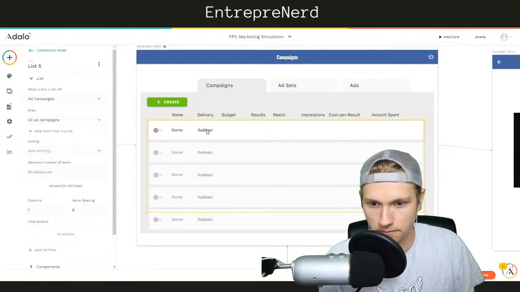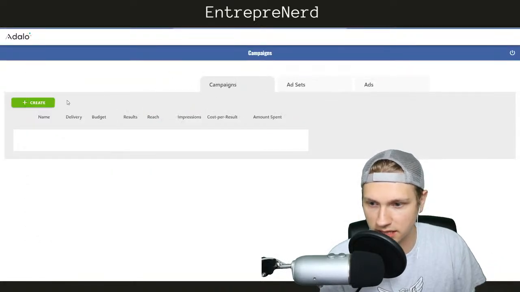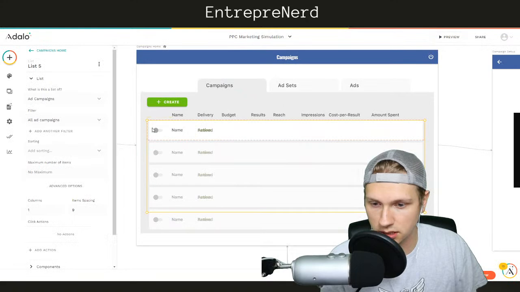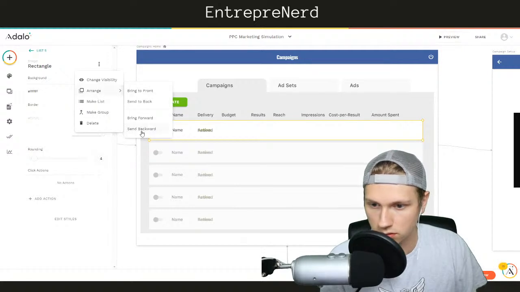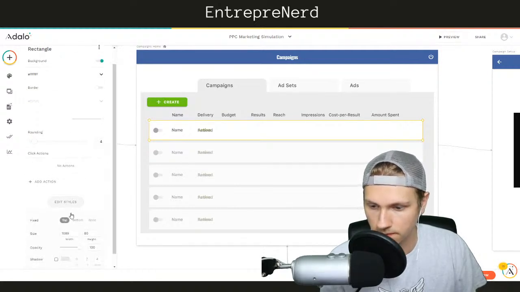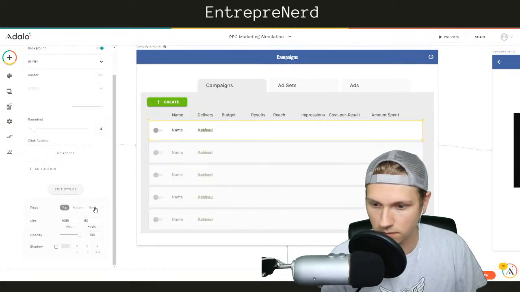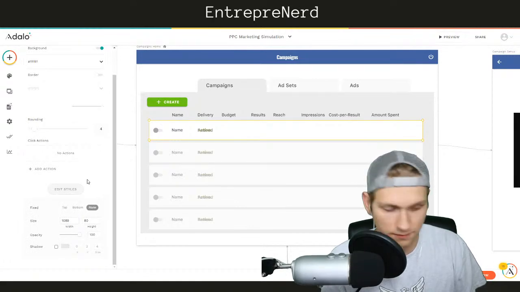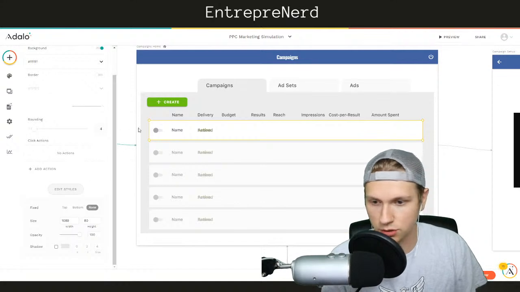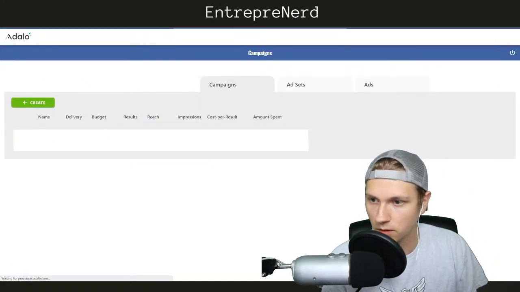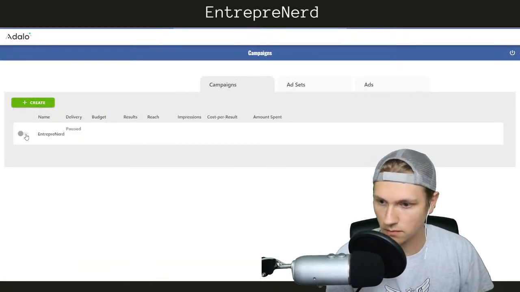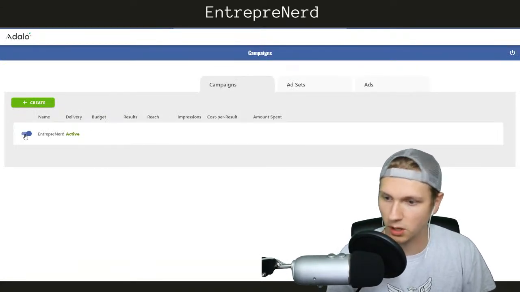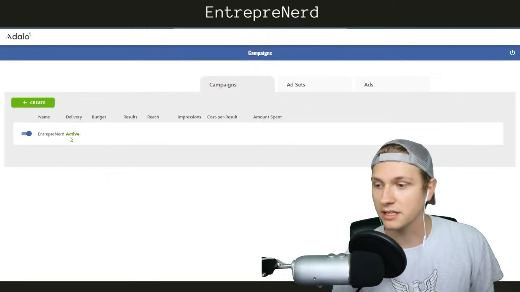Okay. Oh, also, I didn't test this. I didn't get to test it. Let's go back into this. Go back into arrange. Send backward. I guess I'll fix it to none for now. But hopefully that doesn't screw anything up. And this pauses it. Perfect. So the pausing and active is working totally fine, but it does shift it.